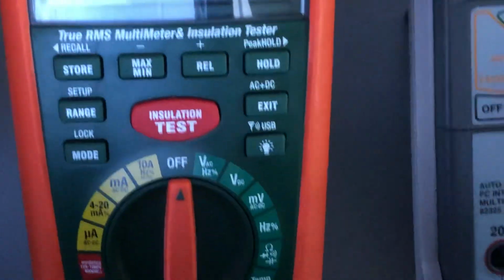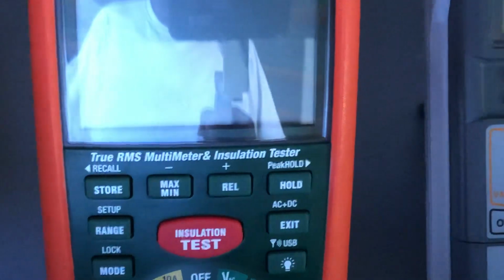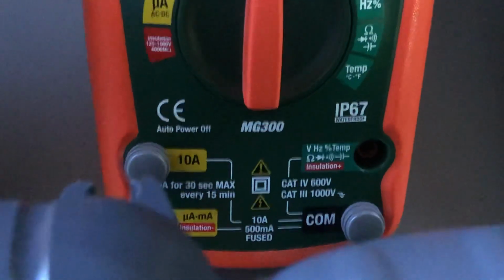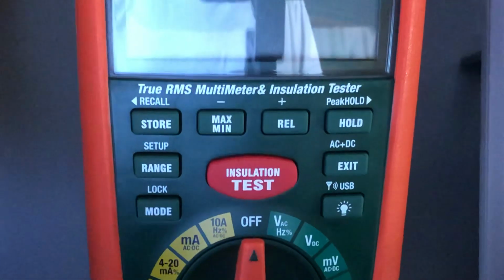This is the EdgeTech GX 900. No, this is not the GX 900. This is, is it the GX 300, I think? Let me see. I think it's a GX 300. GX 300 by EdgeTech. This is the multimeter slash